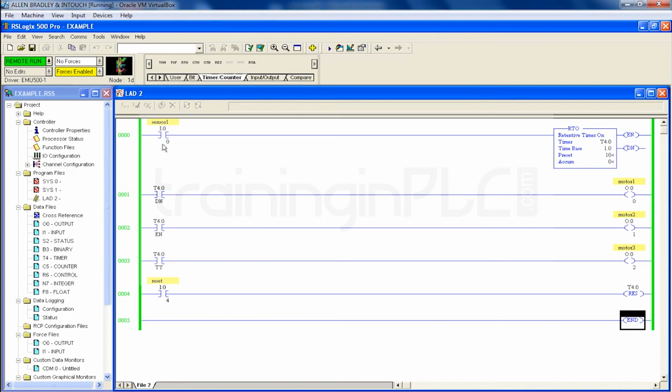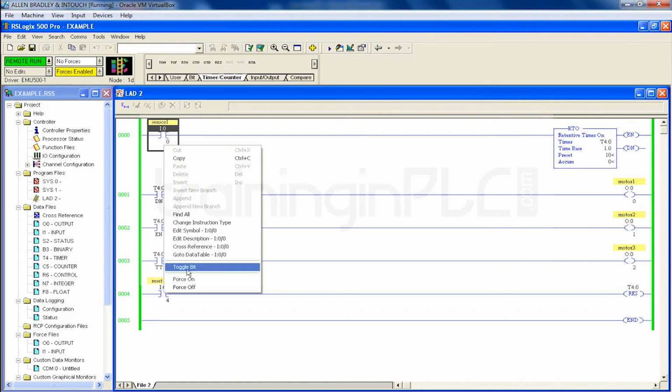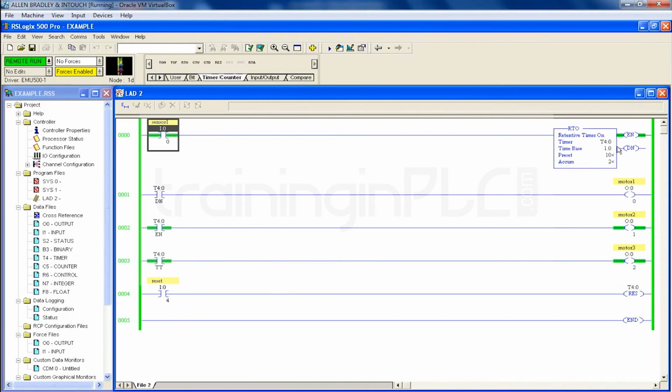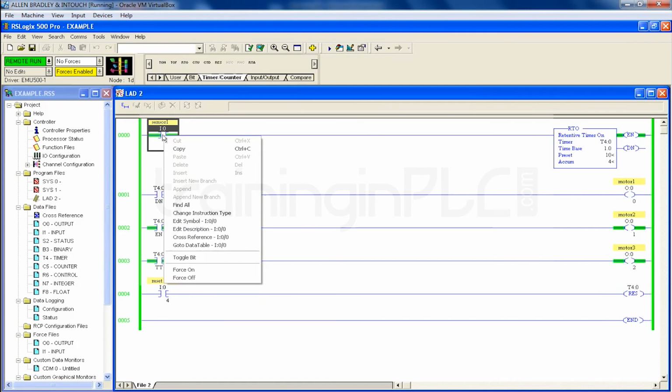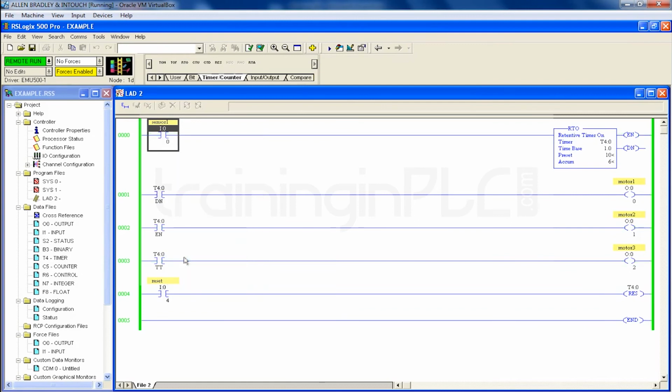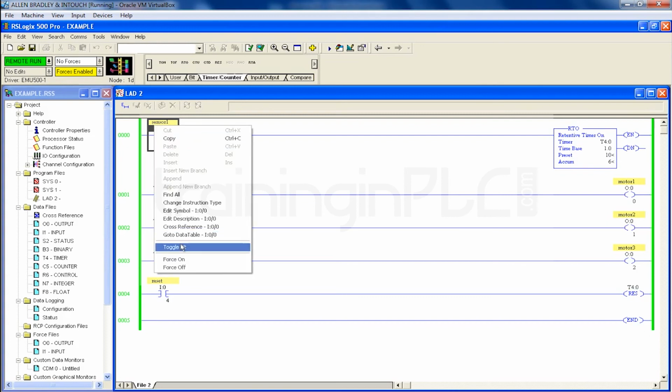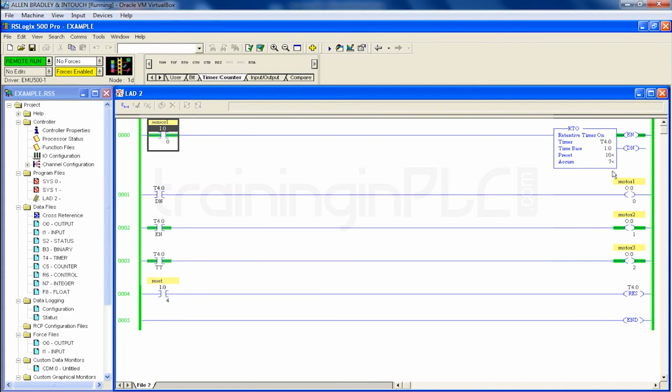One more additional feature is there in the retentive on delay. Let's see what that is. I'm going to turn on the input condition. Your timer has started running. Immediately after some time your input condition goes off. If it is a normal timer, your accumulator value will go back to 0. Since it is a retentive timer, it will hold your accumulator value. Now it is 6, right? The accumulator value is 6. If your input condition is on again, it will count from that place. See, it started from 7, 8, 9, 10.